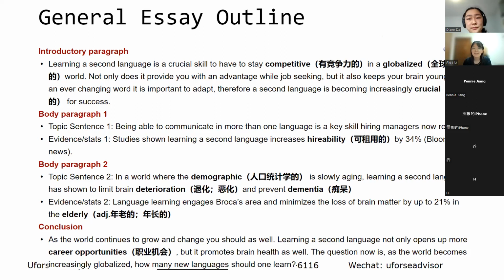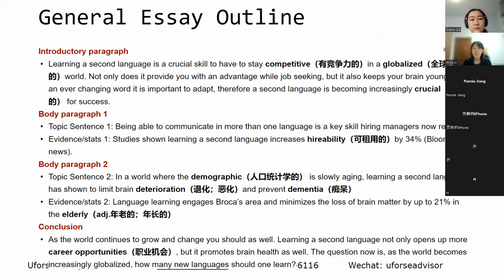好，这是我们给大家的一个 example，就关于我们这个 general essay outline，关于这个话题的一个大致的文章大纲。那么我们 introduction paragraph 大家可以看到，我们给出来了它的主旨句以及整个文章我们可以想到的背景。然后整个的 body 段有2个段，Paragraph 1和 Paragraph 2。在 Paragraph 1的时候，我们的主题句就是 Being able to communicate in more than one language is the key skill hiring managers now require。那么我们在这里就给出了一个支持它的论点句。